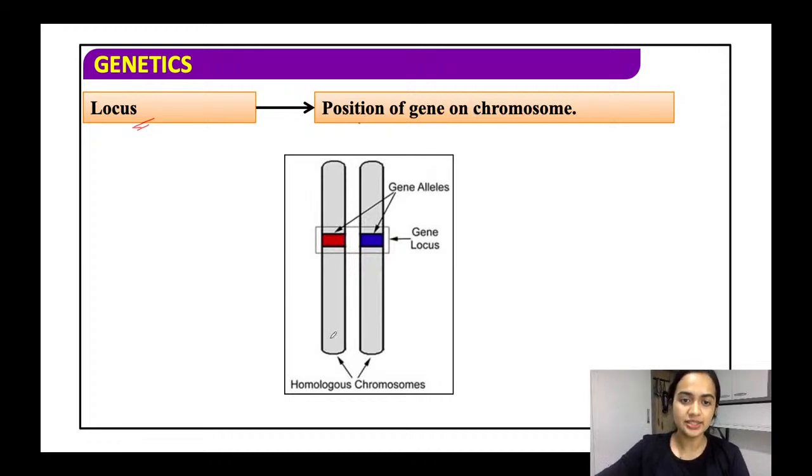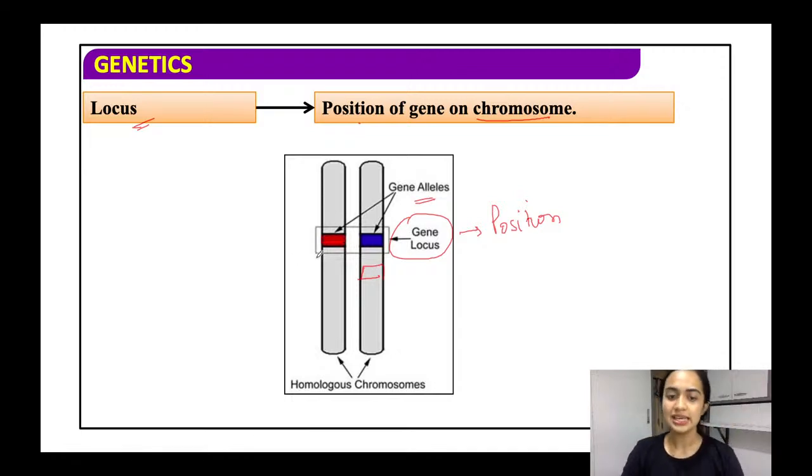If you consider this as your chromosome, the point where you see the color red and blue is the gene locus. It will tell you the position on a chromosome, the position of any one trait, that is, any one allele. So this is a homologous chromosome. Why homologous? Because the locus is at the same place. If this were here instead, it would become heterozygous. Because the loci, the positions, are the same in both chromosomes, we call it